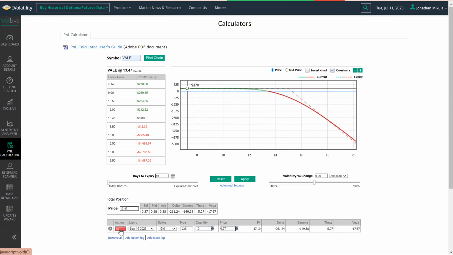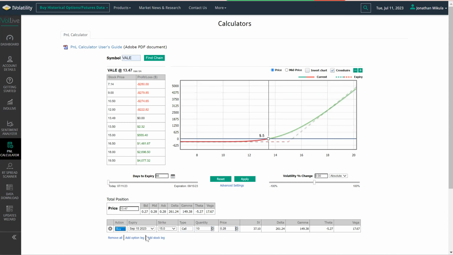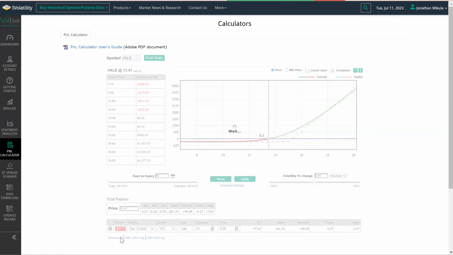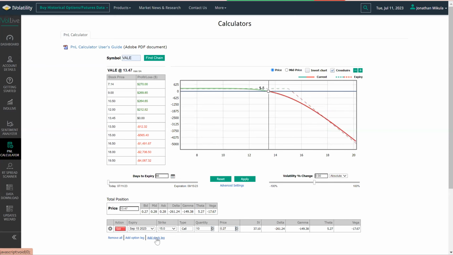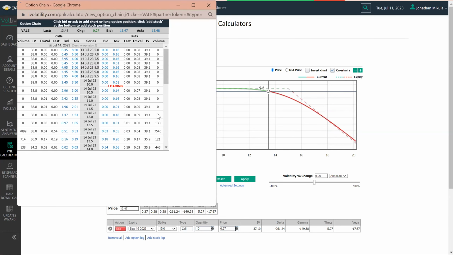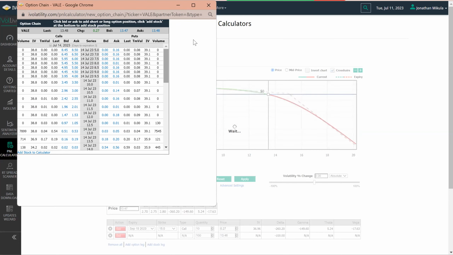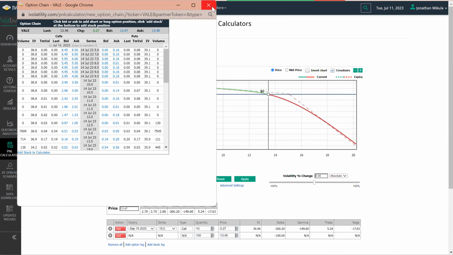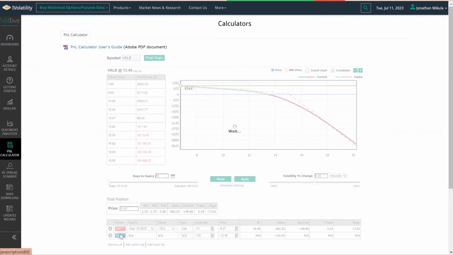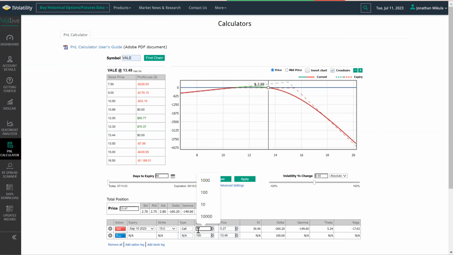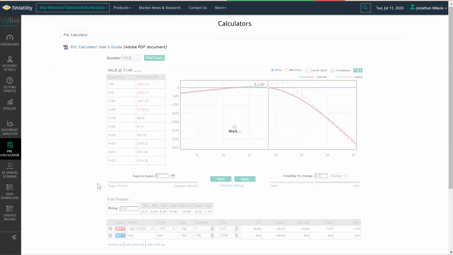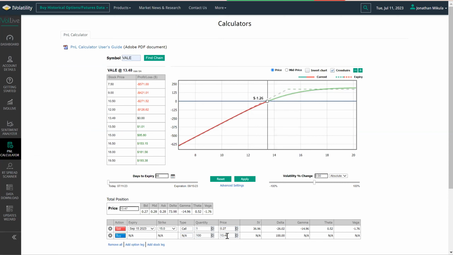The other thing you could do is, let's say we're still selling the call, but let's change this to a covered call trade. So let's say we're mildly bullish. We think, look, the sell-off is overdone. This thing's going to go sideways or go slightly higher over the next few months. What we could do is we could buy Vale. We could buy the shares. Let's change this to 1 for right now, 1 contract. So we could buy 100 shares of Vale for $13.48, and then we could sell the September 15th $15 strike